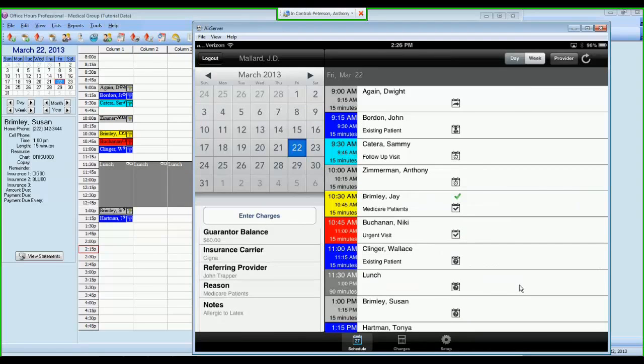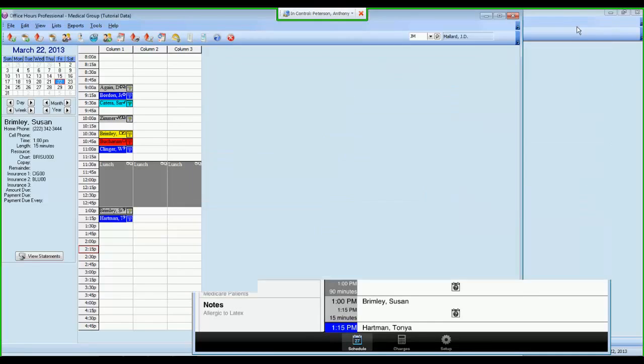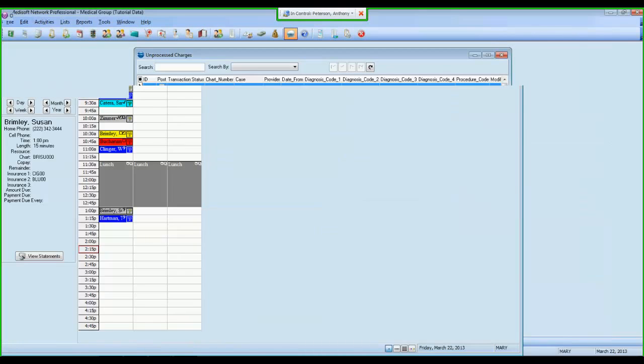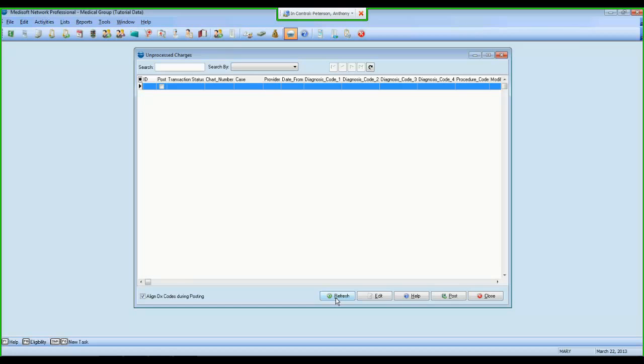I'm brought back to my scheduler screen where I have a little green check mark that shows that Jay Brimley has charges that were submitted for him. And if I come back into Medisoft, into my unprocessed transactions screen, you'll see immediately I have charges waiting here for Jay Brimley. Our unprocessed transaction screen is a holding tank where transactions are placed as they await a biller